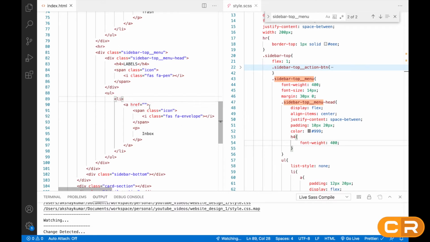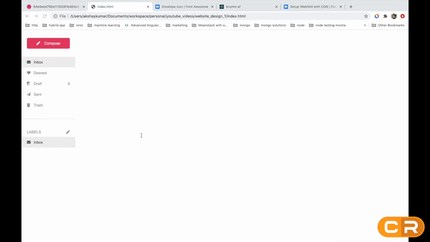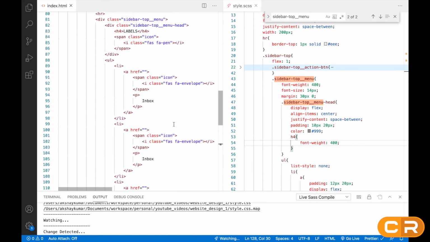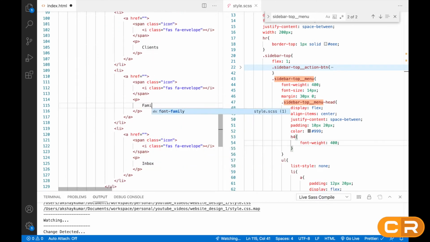Now we'll repeat this like 4 times. So now here work, clients, family, and friends. So we have to give this, so we'll write work, clients, family, and friends.